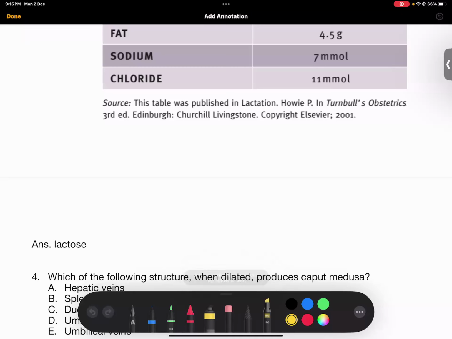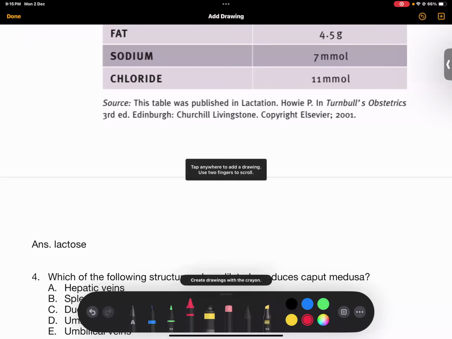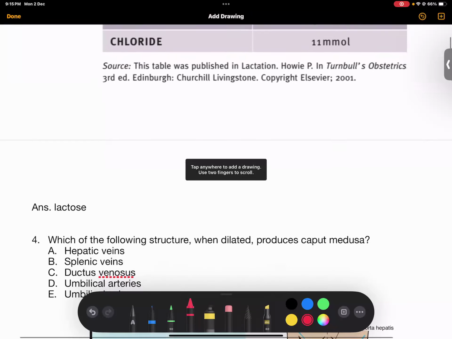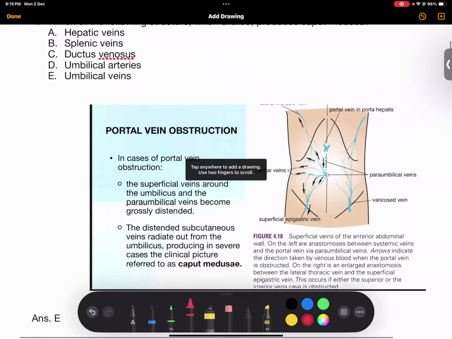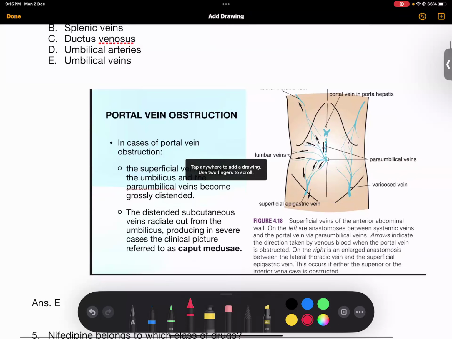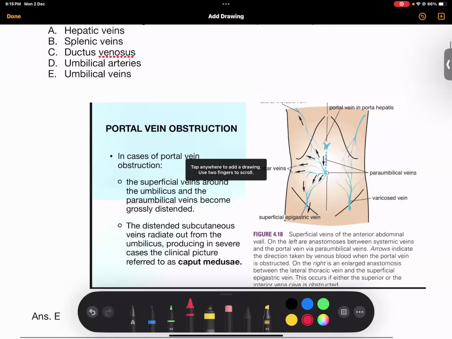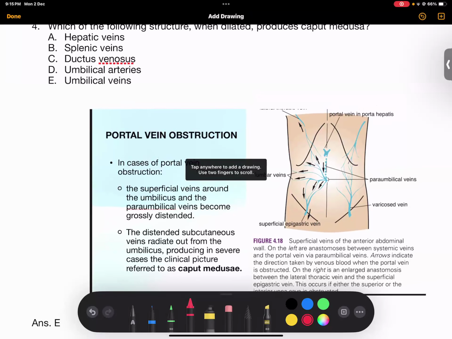See, we have discussed this thing as well. What happens in portal venous obstruction is that the superficial veins around the umbilicus